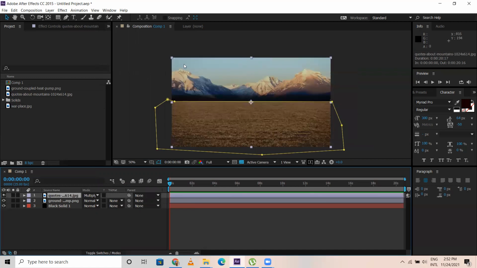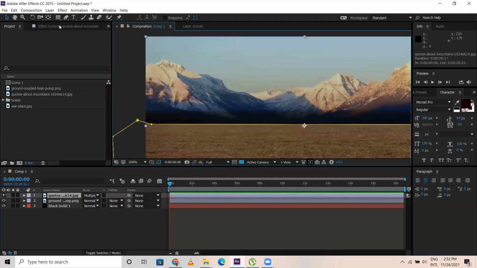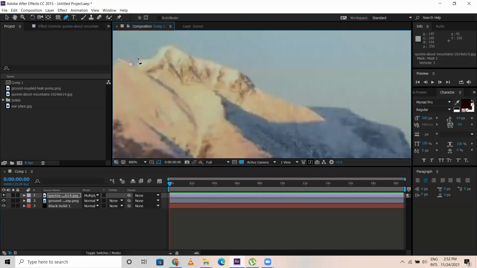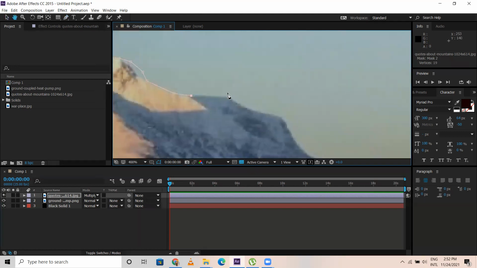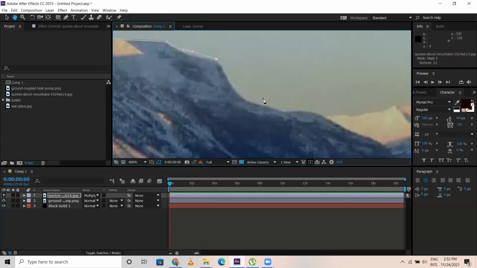We can add one more mask over here with respect to the sky part. Because I need a bit of animation in the sky part.